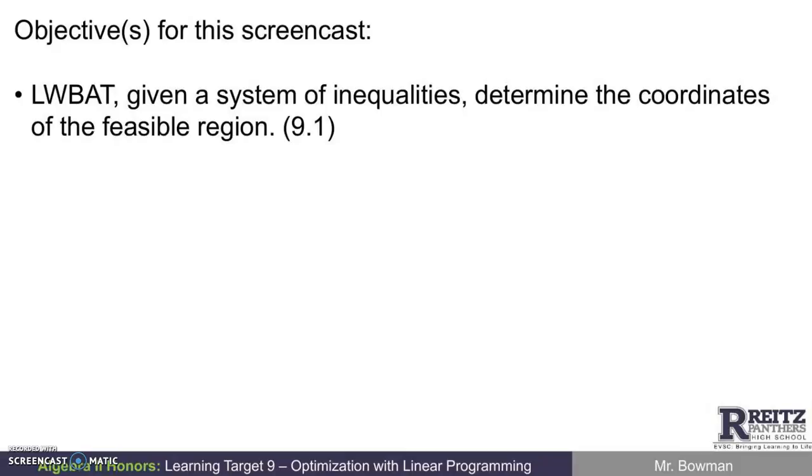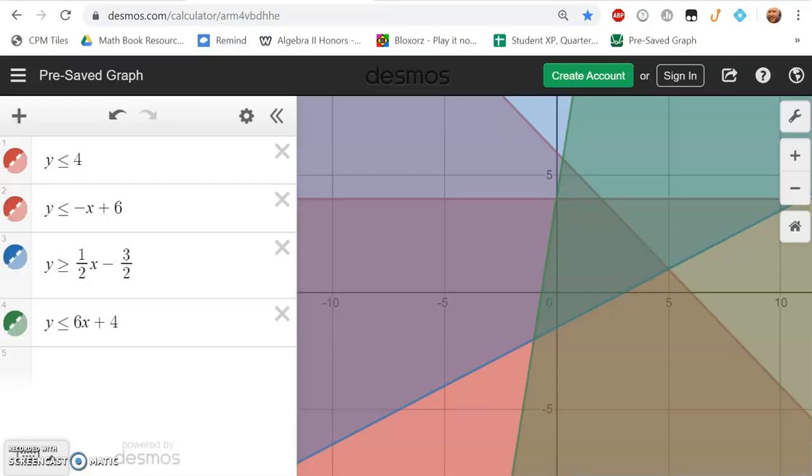The objective of this screencast is learners will be able to, given a system of inequalities, determine the coordinates of the feasible region. Okay, what you're looking at is the graph of a system of inequalities on Desmos, on desmos.com. And we will be using this site to support our learning with this learning target, all about optimization with linear